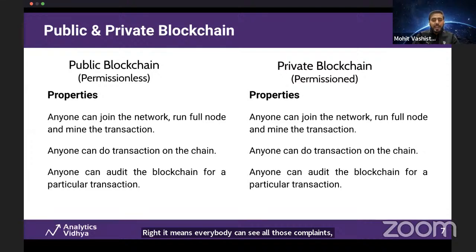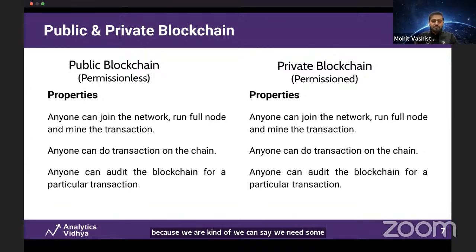They're reliable and trustworthy because it is on blockchain, which is immutable data. Nobody can change the data, right? Once it is recorded, it will always be there, and everybody can see exactly what happened with a particular complaint. So we need public blockchains in this kind of infrastructure, because we need some transparency in such systems.